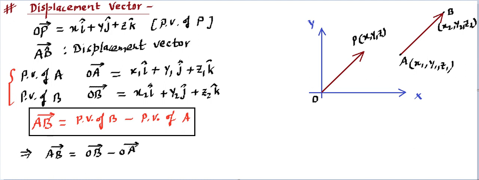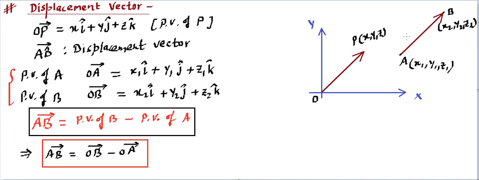So this is the law of vectors, and we will be learning it in detail when we use addition and subtraction of vectors. You can think of this as indicating subtraction of two vectors, the OB vector minus the OA vector, and the AB vector is basically written in this format. So these are formulas you can think of for the time being. Later on you will realize that they are valid when we use geometrical analysis as well as analytical methods. Anyway, this is the AB vector, which is a displacement vector. Once we know the OA vector and the OB vector, we can always find the AB vector.